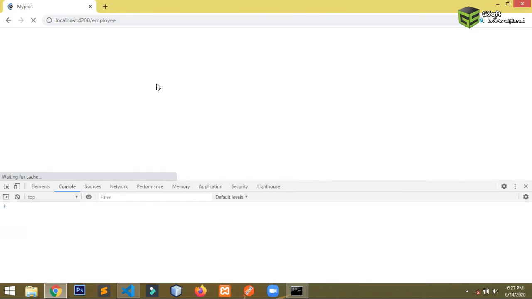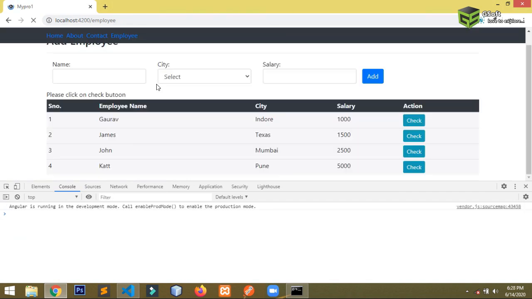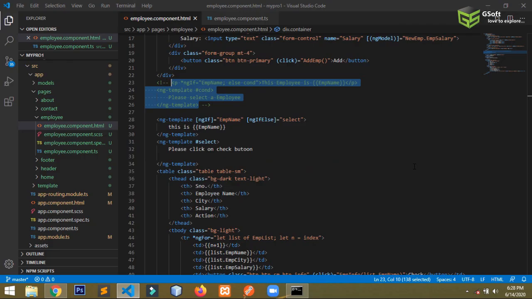So let's run the project here, and you can see here it says please click on check button, and when I click on check button, it says this is James, this is Gaurav, and this is John, this is Cat. So in this way you can use if else condition.